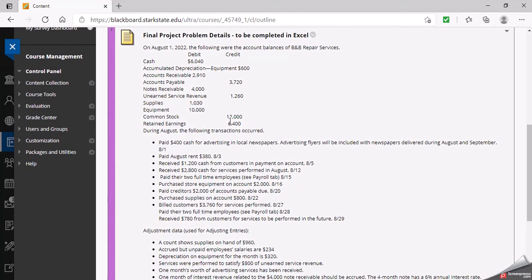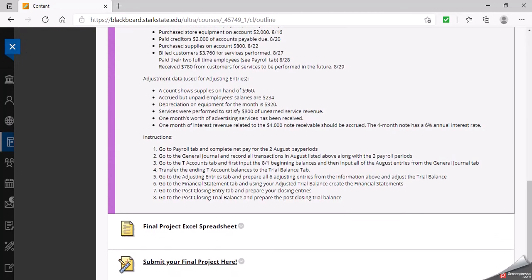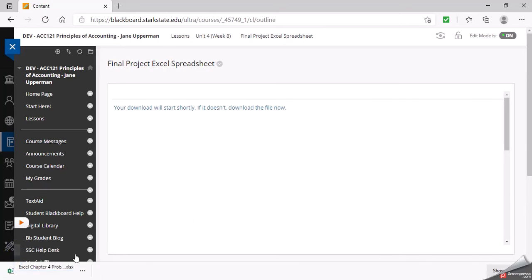You'll see they give you a trial balance. They give you various transactions that happened in the month of August, which includes 2 payroll periods. And then there's some adjusting entries to do. And then you'll go to the Excel spreadsheet and you will complete it. So here, if I open the Excel spreadsheet,